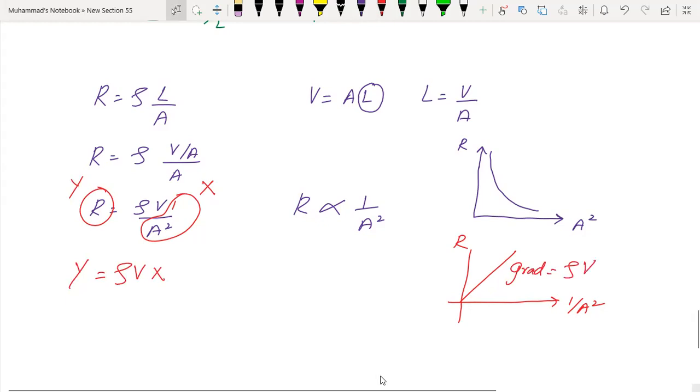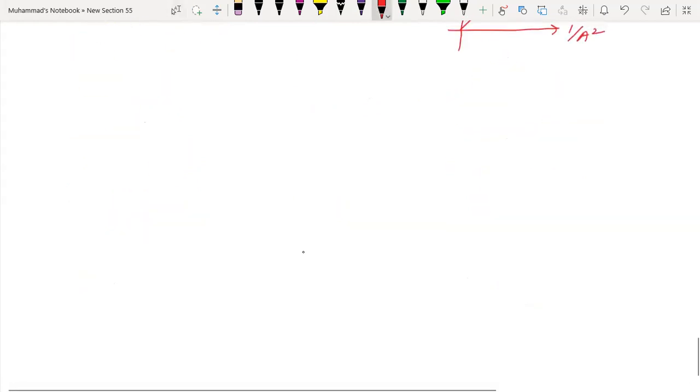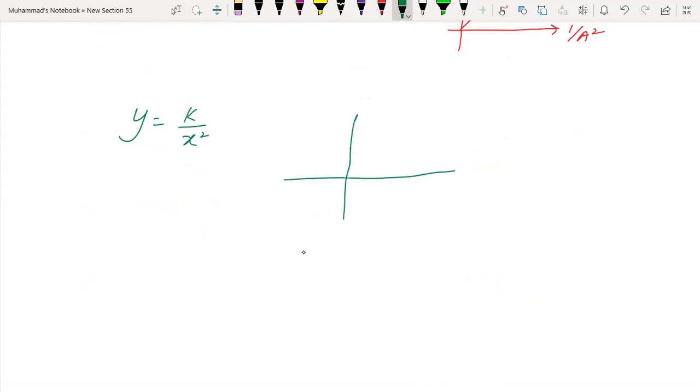Okay, so this is again a very important situation. If you have y versus k over x square, and if you plot a graph of x versus y, as x increases, y would decrease. It would be this way. And if x is negative, y would be positive. So the graph on this axis would be like this. So this is again very important. Now,